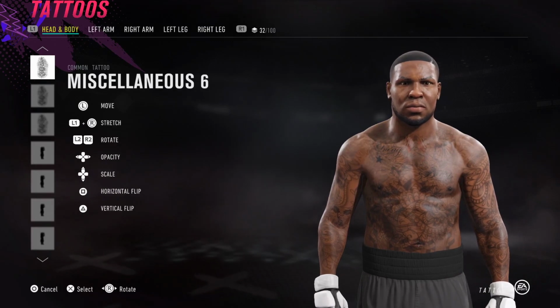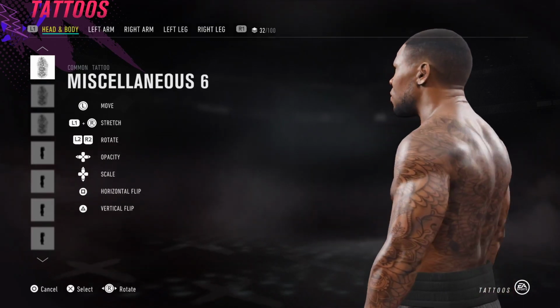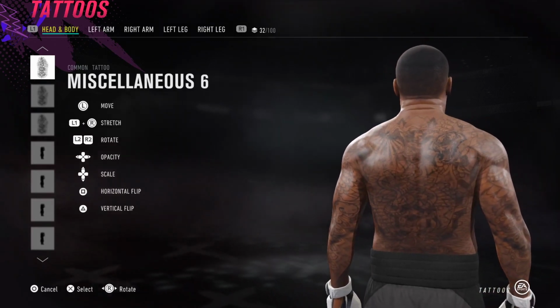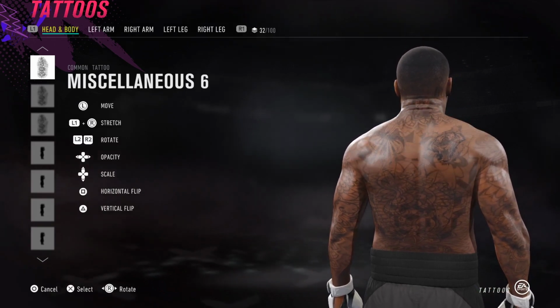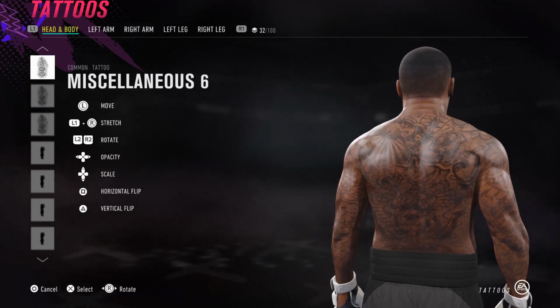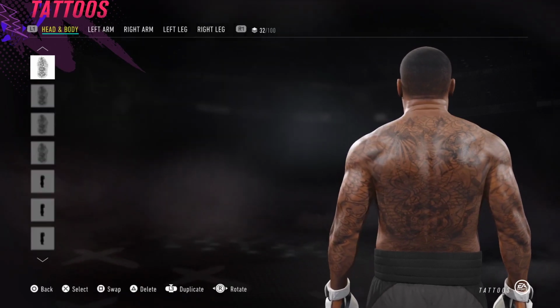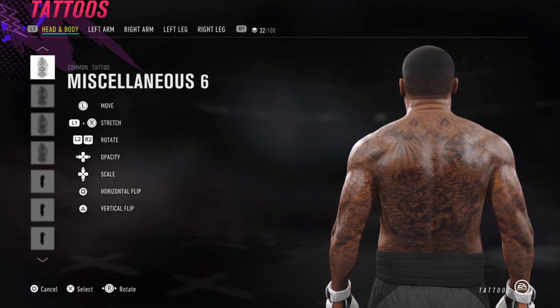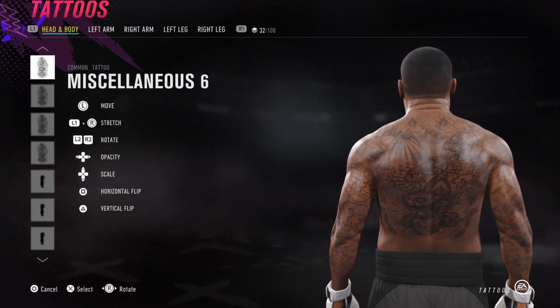And same again, is this on his back? Yeah, this is on his back. So I've got a layer here on the back, looks like this, stretched out and then faded in with the D-pad. Next up we have the bottom layer on the back, which looks like this,